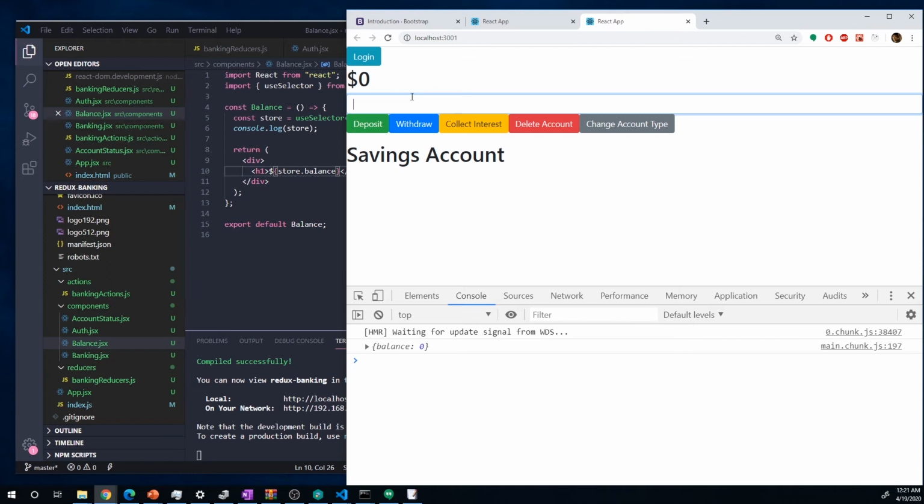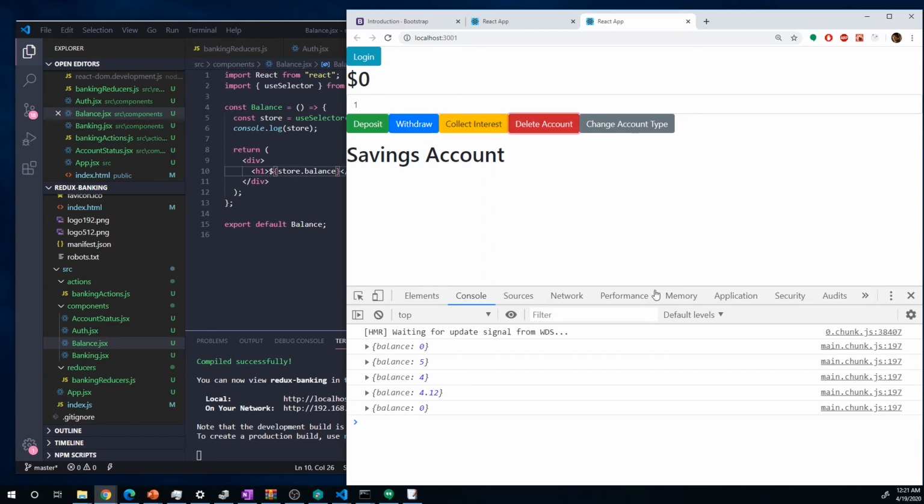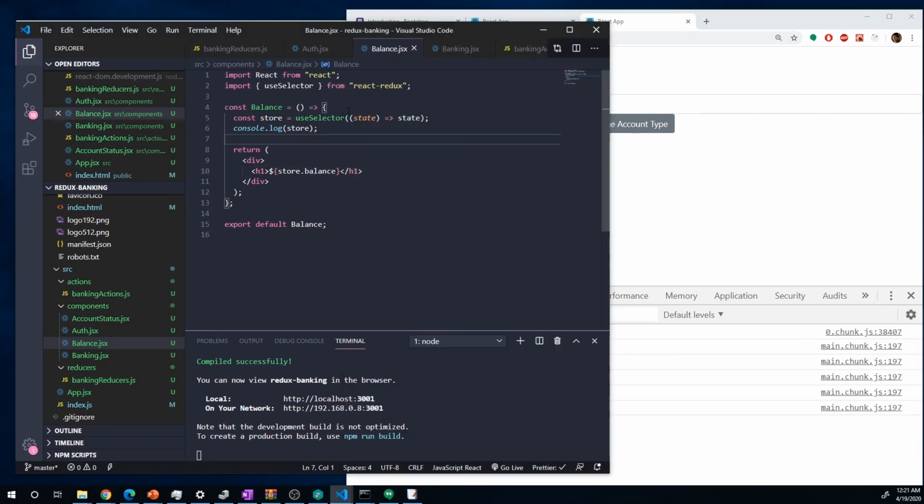So let's try that out. So I'm going to add $5. We're going to remove $1. We're going to collect interest and delete account. Okay, so everything's working. But there's one minor tweak I want to show you guys that we can make in